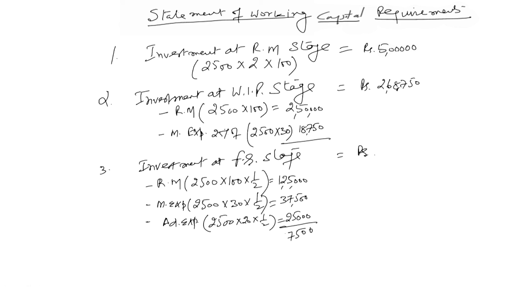So this is 1,87,500. Total investment required at this stage is 1,87,500. This is the total requirement at this stage, and then we go for the investment at